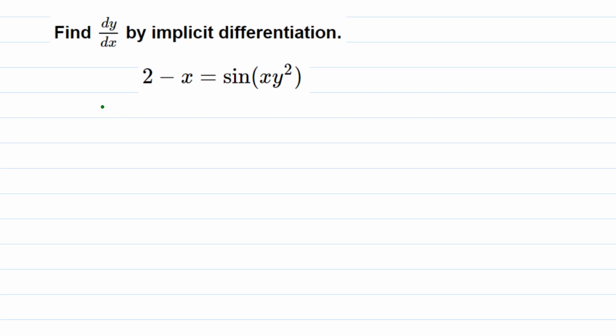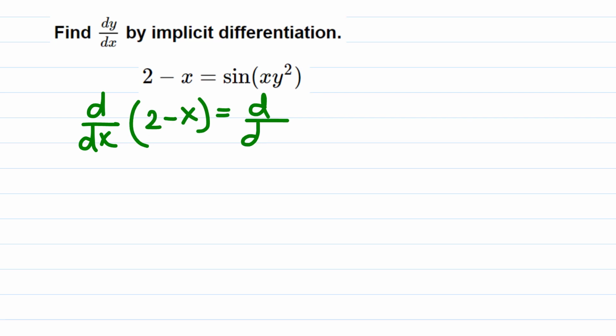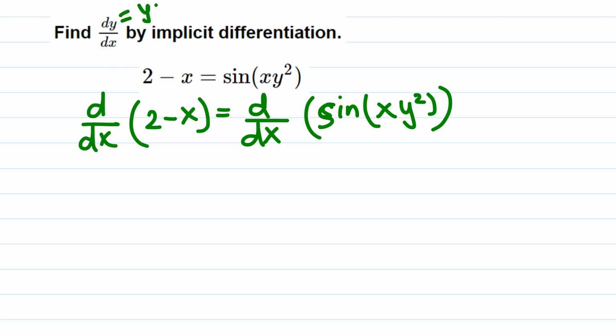So we can write d over dx of the left hand side equals d over dx of the right hand side, sine of xy squared. Now I'm going to write in prime notation, so dy over dx is y prime in short. So let's do the derivative. The derivative of 2 is 0, minus the derivative of x with respect to x, which is 1, equals,